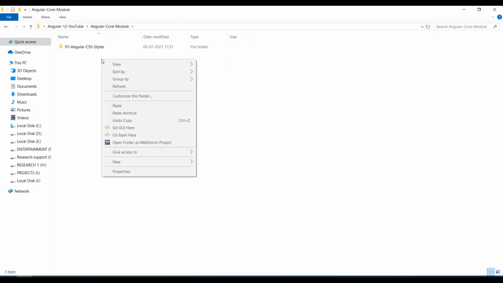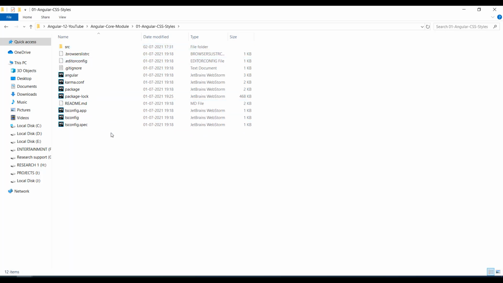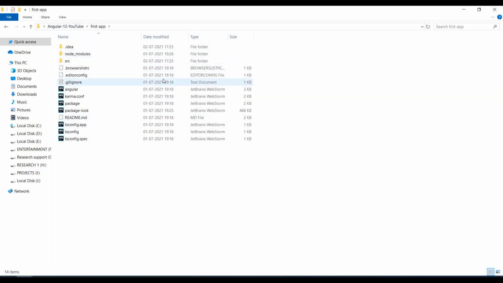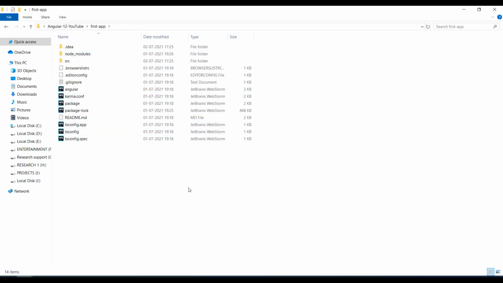Next time if you want to configure Bootstrap, you must create a folder called Angular Bootstrap styles, this way, and you will paste the source code of Bootstrap except node modules. And then, sir, how do I practice? Simple. If you want to practice the CSS files, copy all of them and replace them in your master copy first tab, so automatically you get the source code. That way you have to do. And if you want to try the Bootstrap styles, just copy the content of it and replace it in the first tab and start your server. So multiple ways you can test it.